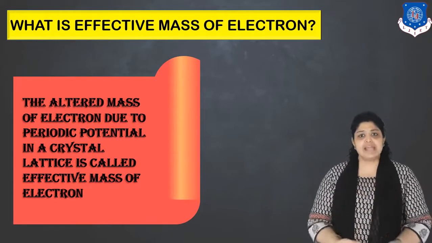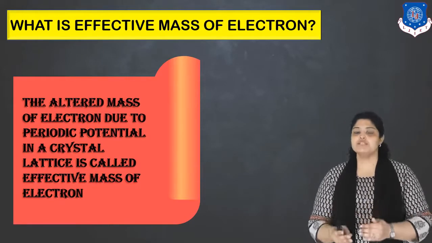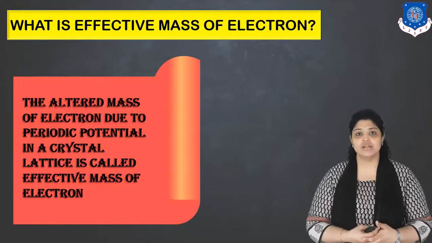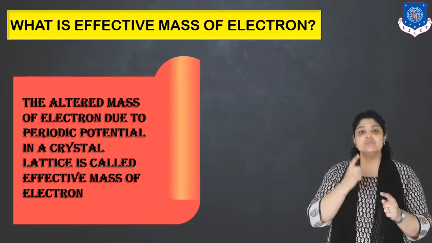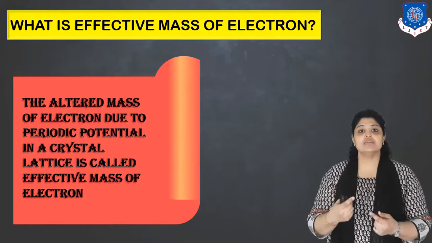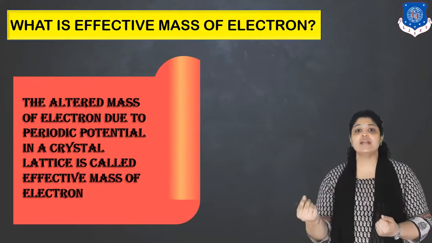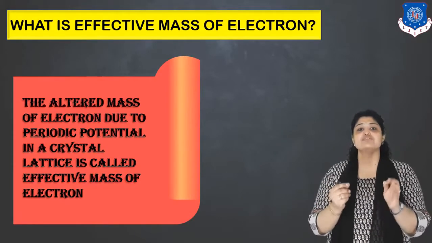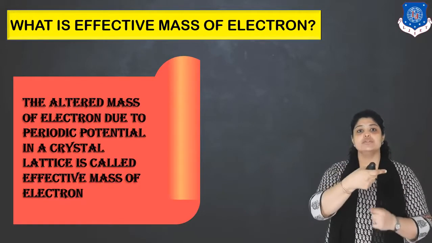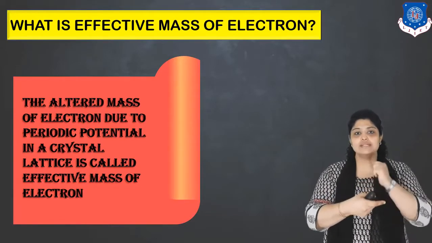Let me first explain what exactly this sentence means. We all know that mass of electron is constant, but according to the Kronig-Penney model, the motion of an electron is in one dimension, that is in periodic potential. Suppose I give you two examples. One, you have an electron in vacuum and you are applying electric field in this direction to that electron. So obviously the electron is going to move in the opposite direction.